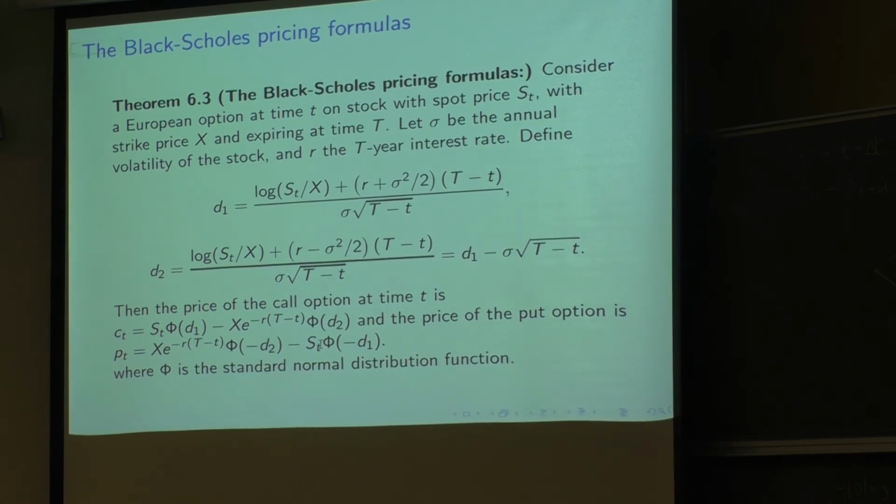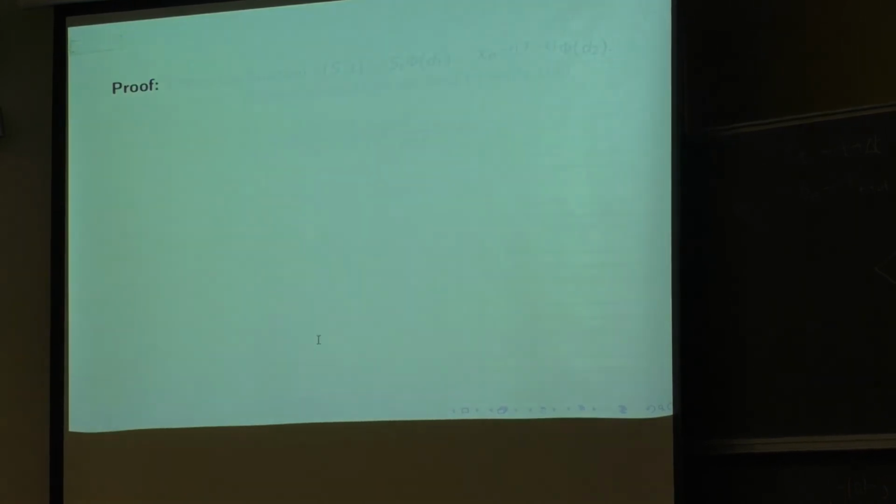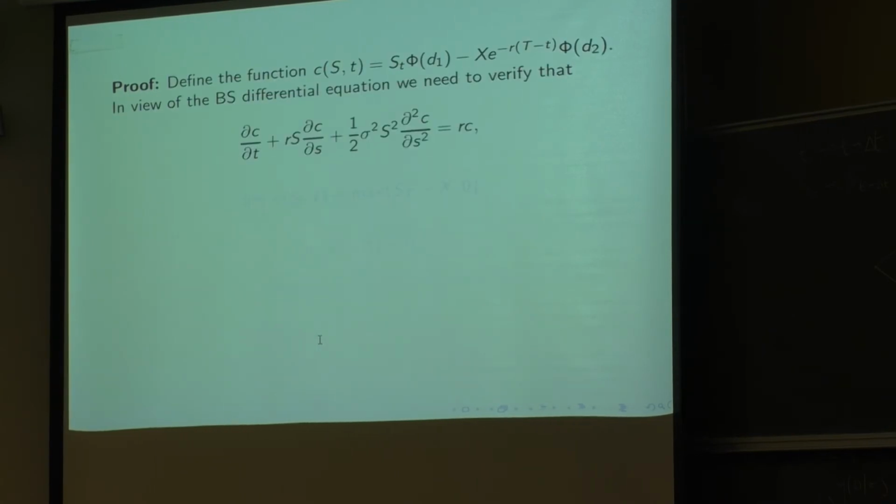Okay, am I going to do that? No, because it's going to be really boring. So this is a bit disappointing, but you need to verify that when you take your function C that they just gave you explicitly, you compute the left-hand side and you get the right-hand side. You can't quite plug in little t is equal to big T because things are going to blow up, but